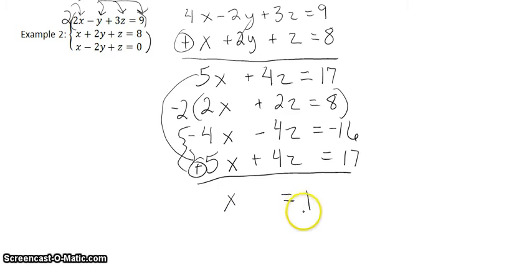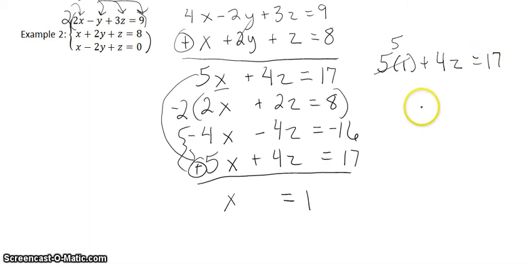So x equals 1. So I can substitute that back in for one of my equations. Say if I wanted to use the top one, I would have 5 times 1 plus 4z equals 17. So this would just be a 5, and I would subtract 5, so 4z equals 12, and divide by 4,